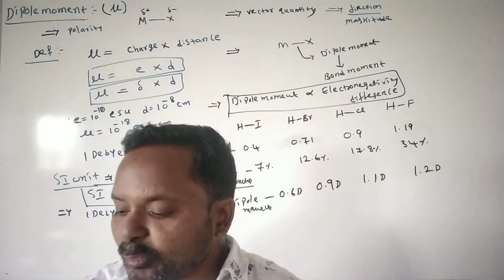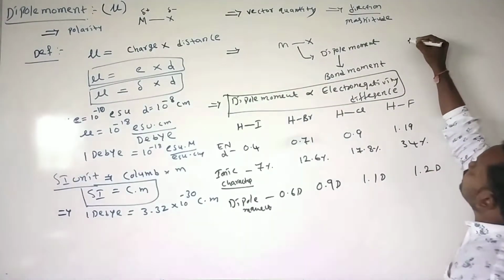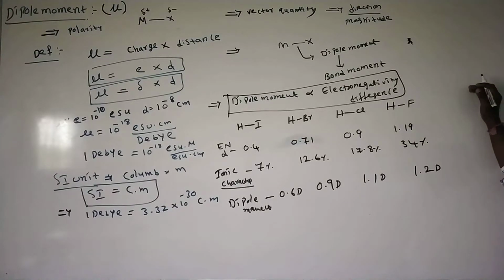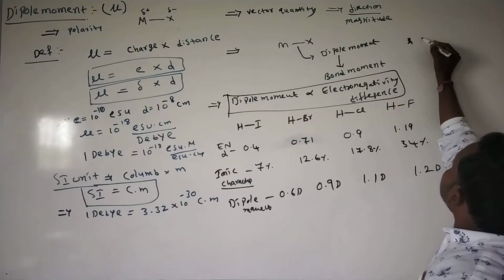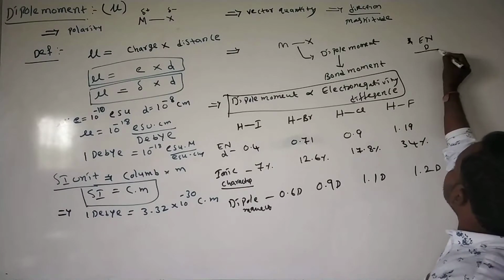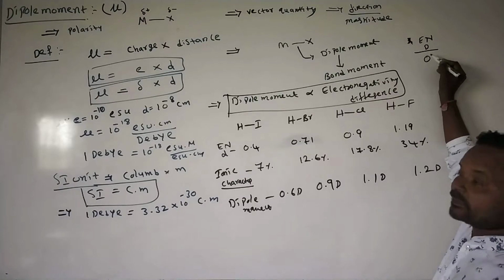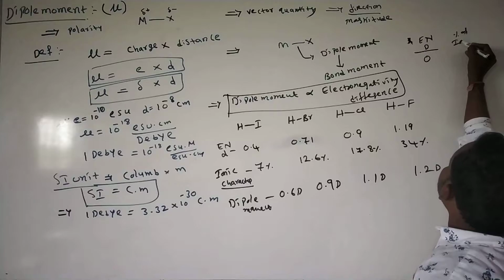Electronegativity difference or dipole moment values also influence the ionic character. If the electronegativity difference is zero, then the percentage of ionic character here